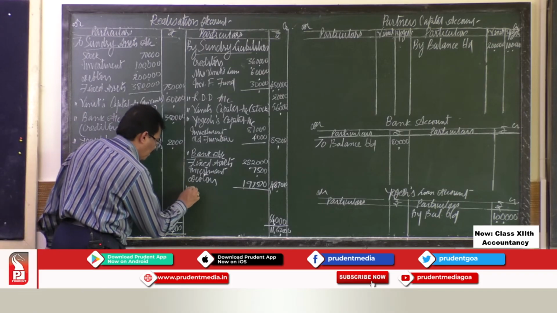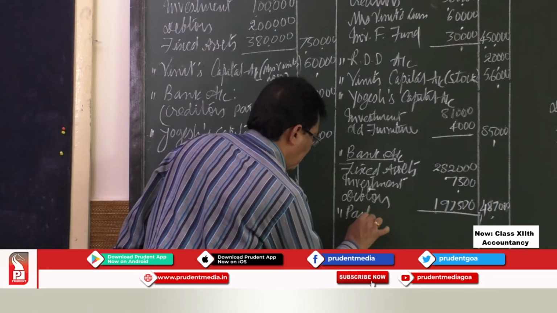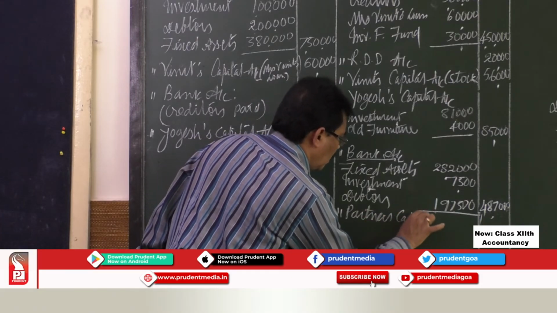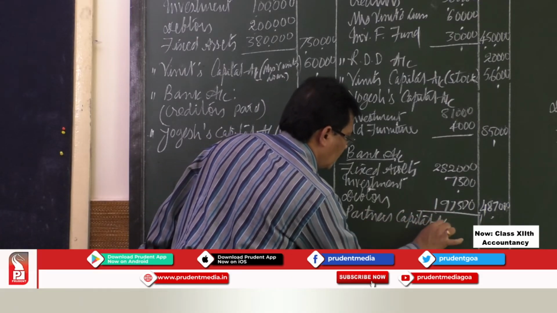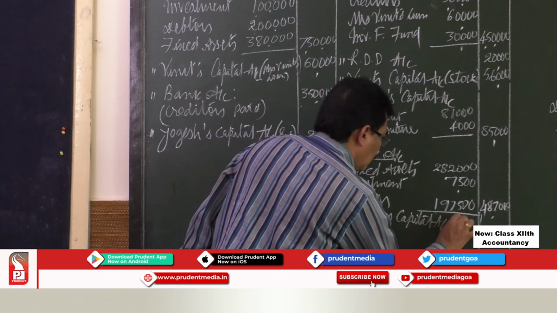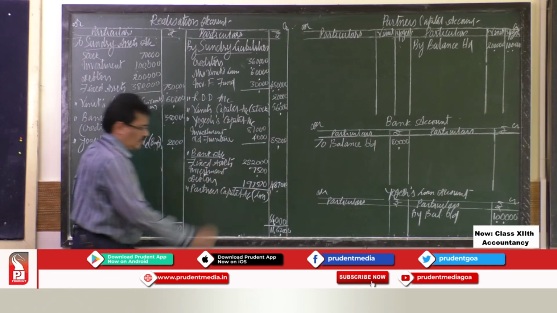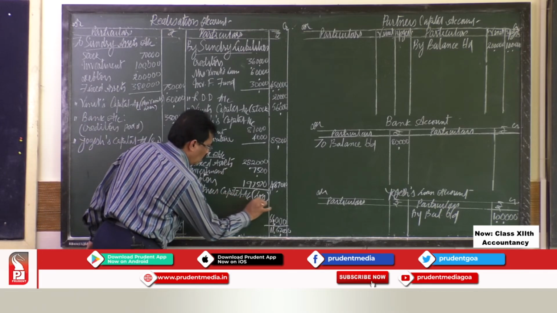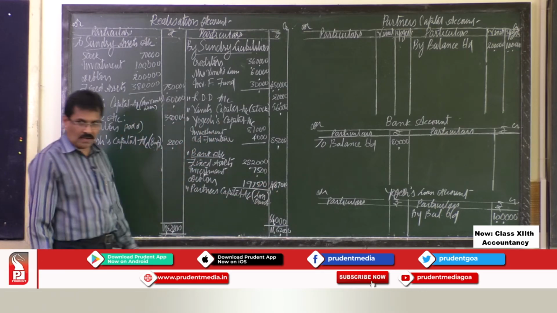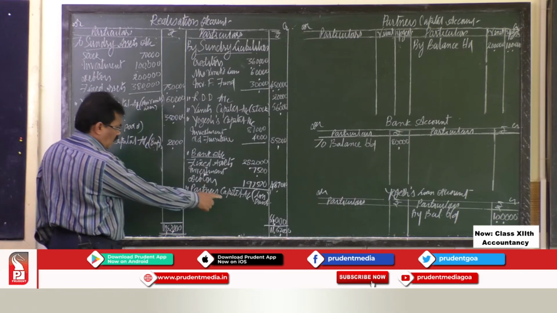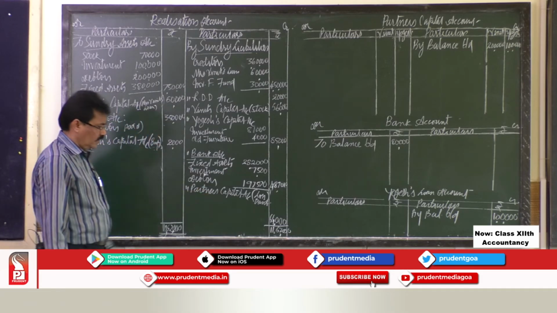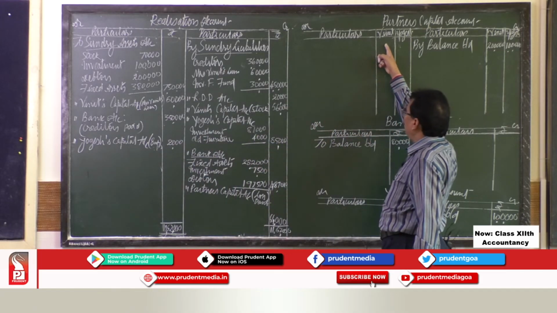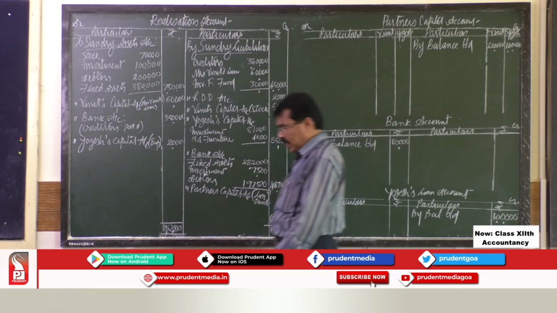So, by partner's capital account, this is loss transferred to partner's capital account. So, whatever 64,000 loss is there, that should be distributed among the partners Vineet and Yogesh in